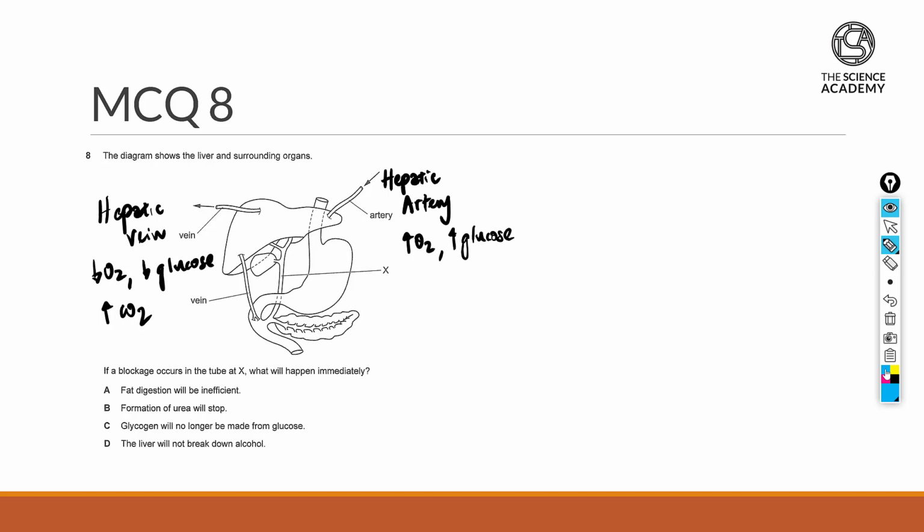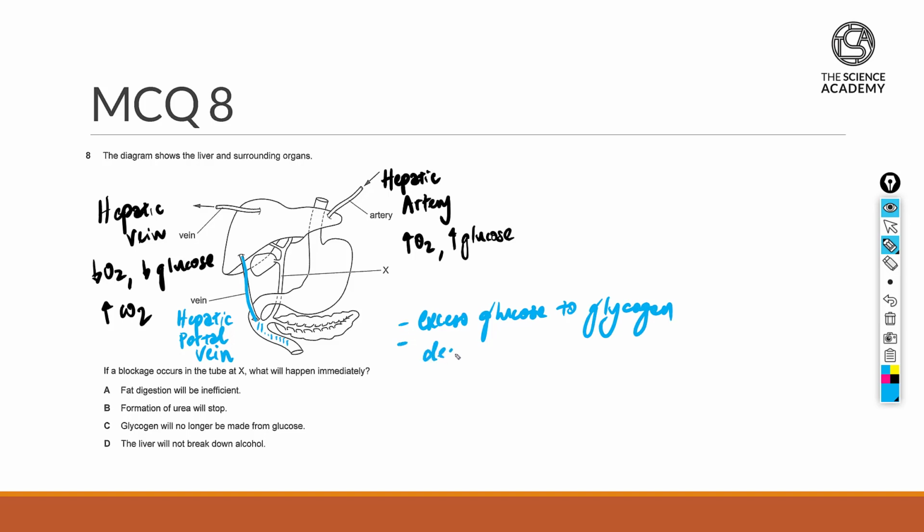Now, however, the most important vein is the one that actually connects the intestine to the liver itself. So labeling over here, this will be considered to be your hepatic portal vein that actually sends the digested material in the small intestine to the liver itself for some post-processing. Now, some of the items here we're looking at will involve the conversion of excess glucose to glycogen,